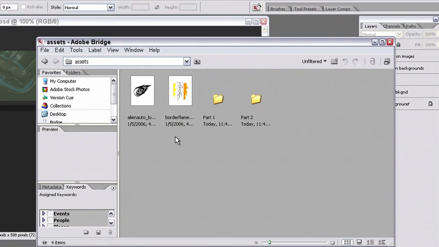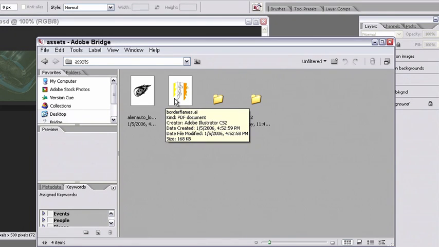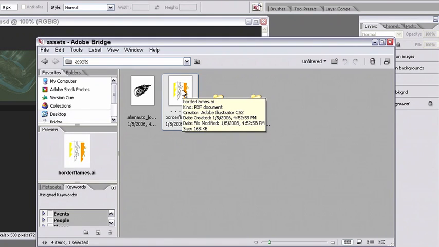If you haven't completed the previous lessons, you'll find these files in the Lesson Start File folder, which is in the Workflow Project Files folder on your desktop. These files will be in the Lesson 3 folder. Now remember, these are both vector files. They're both Illustrator. I'm going to take the Flames one for starters, and I'm just going to open it up